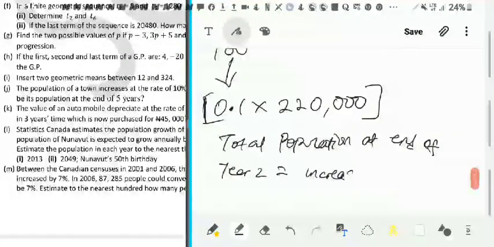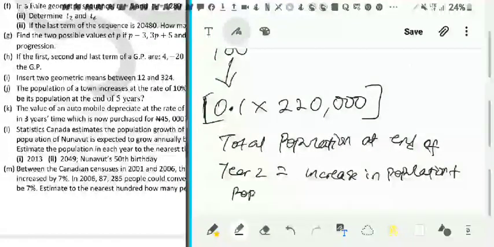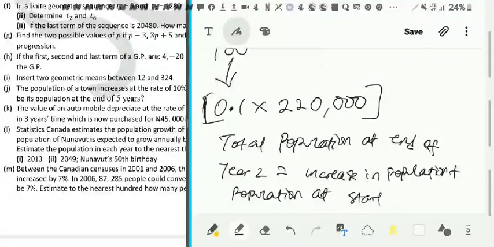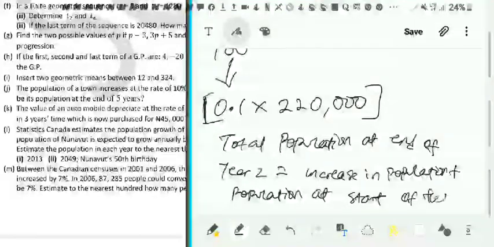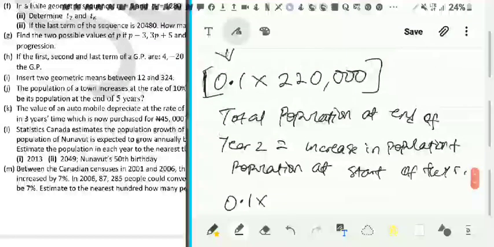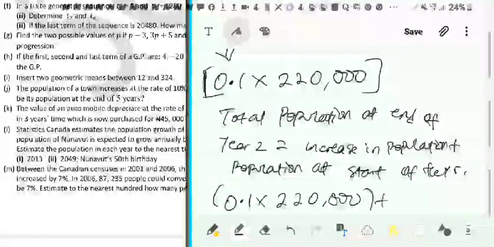Increase in population plus population at the start of the year, which will be what? 0.1 times 220,000, this is the increase, plus the population at the start of the year, that's